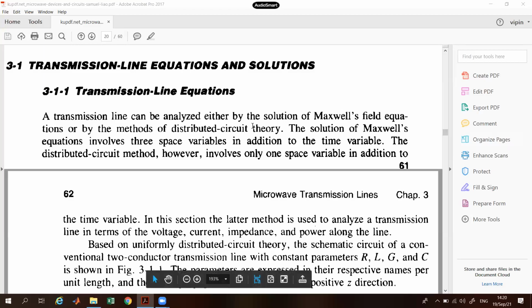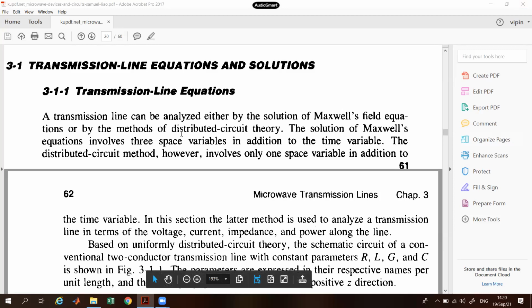Transmission line equations and solutions. So in this lecture, we will be discussing transmission lines. I'll be putting the lectures on Blackboard and then we will discuss it in the normal lecture hours with respect to your problems and queries.